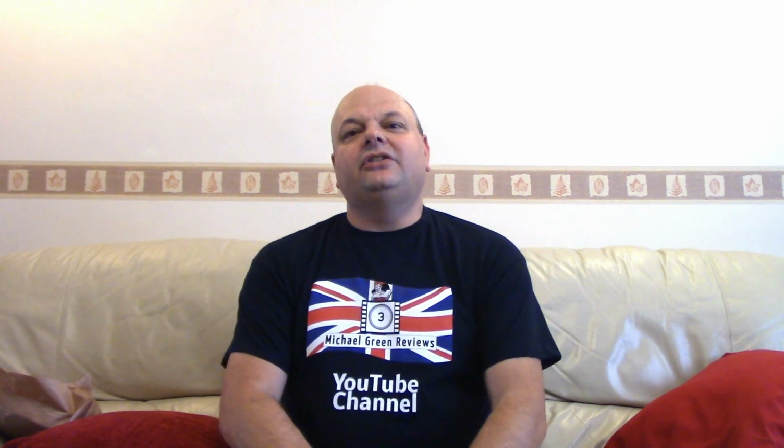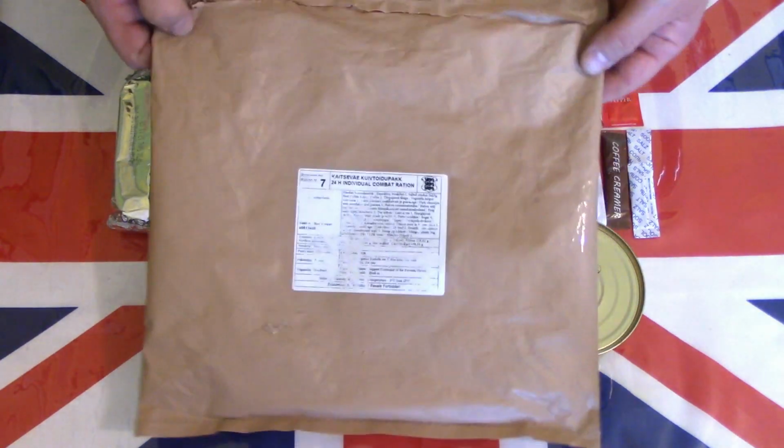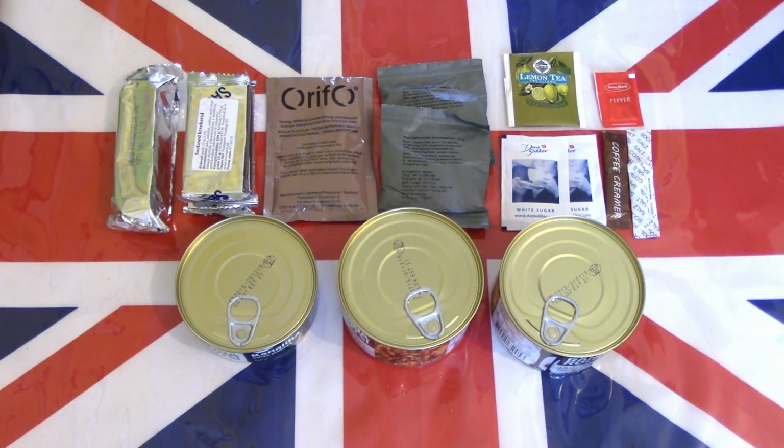Now today I'm going to continue with the Estonia menu 7 which I started last week, and I'm going to get the lunch and dinner. So we have here the remainder of the Estonia menu 7 lunch and dinner, and just to remind us what